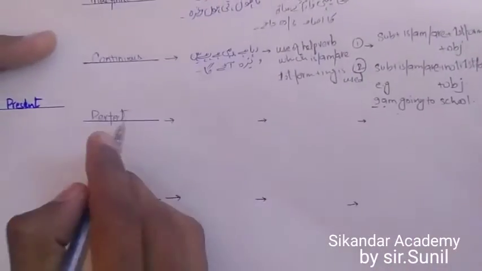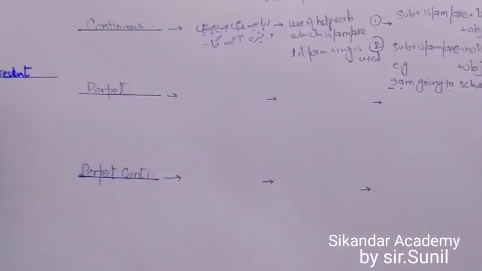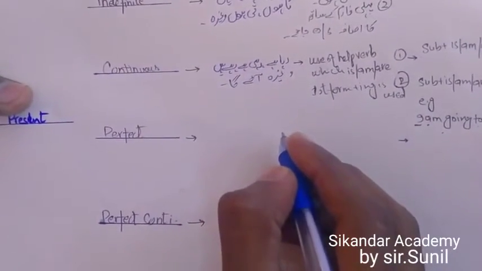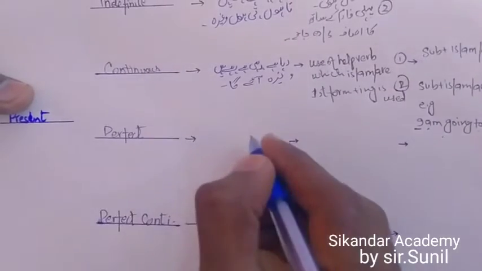School is an object. Now the present perfect tense, their identity is that in the last of the Urdu sentence,